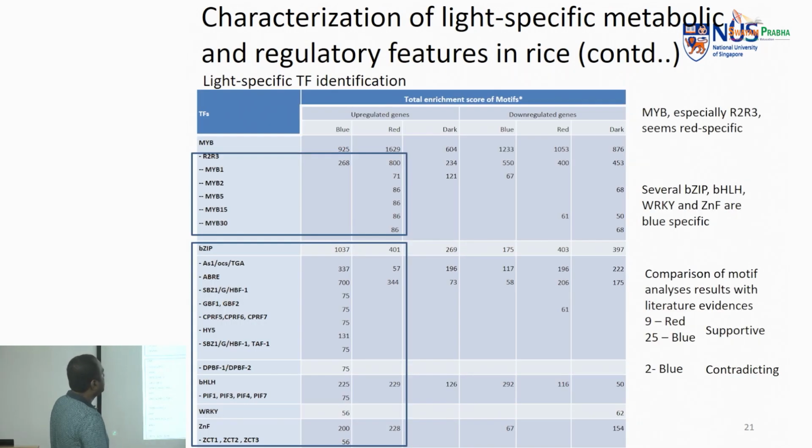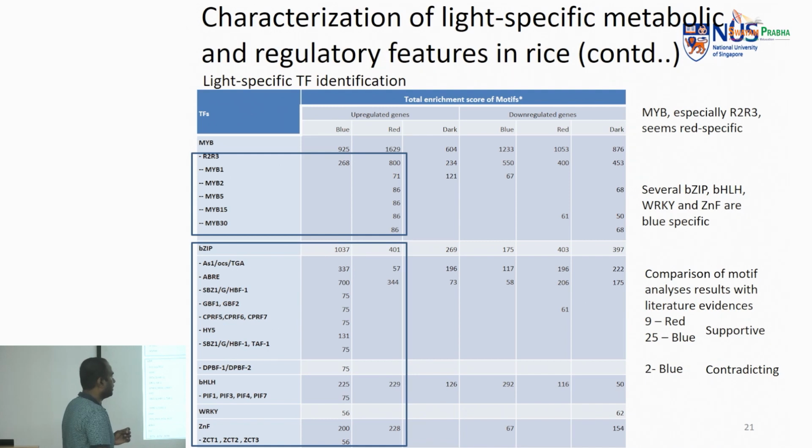So you could see that here we noted that a set of MYB genes, including several like bZIP, WRKY, and zinc finger, could be blue specific, because among the genes which are enriched in blue, we were able to pick out only this set of transcription factors. Whereas MYB was particularly identified to be red specific. When we look at the genes which are increased in expression in red, they were mostly regulated by MYB. So this transcription factor difference will also play a role in how the plants react to different kinds of lights.